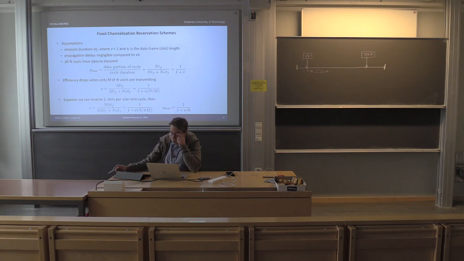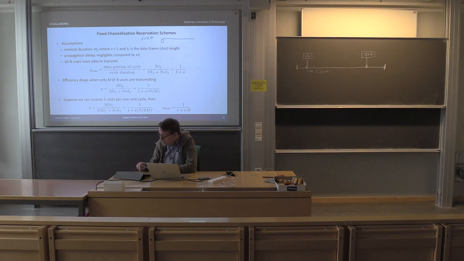So let's analyze the efficiency of these systems, which is rather simple, actually. It's not very complicated, because we don't have much randomness to take into account. So that's the good thing. With some assumptions here, that the mini-slot duration is nu times TF. Say that nu is 0.01, maybe 1% of TF, which means that the mini-slot is very small compared to